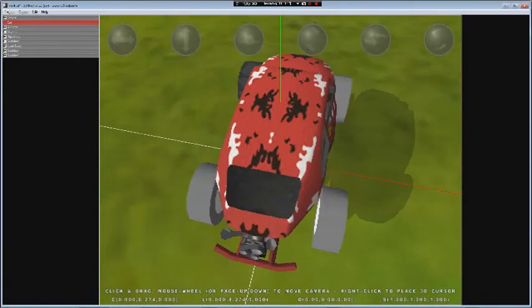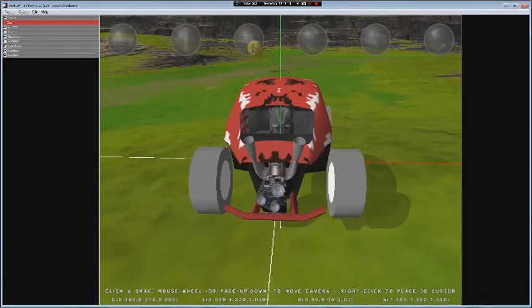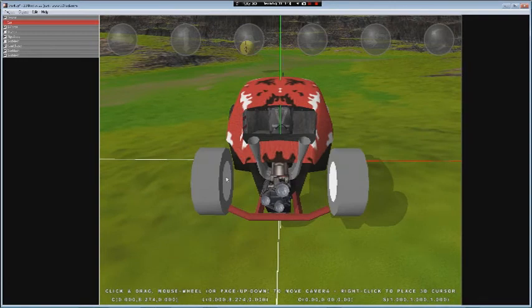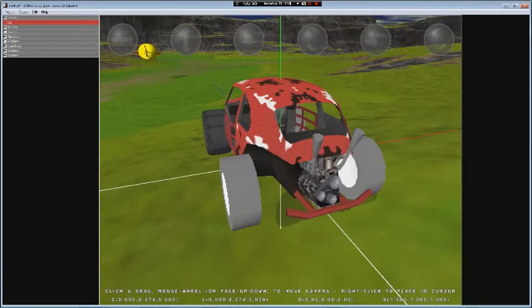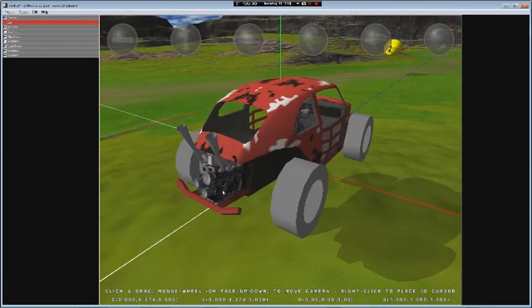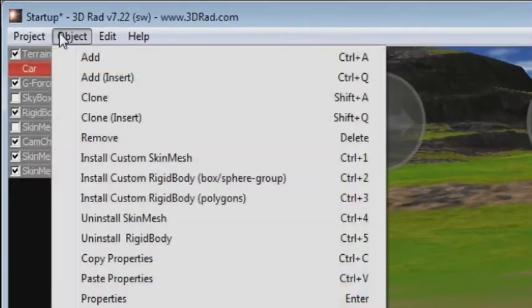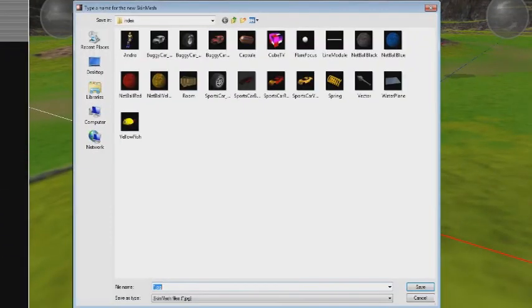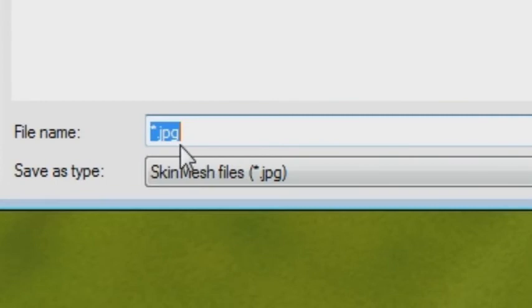Now, if you want to add your own custom content, because in this tutorial I'm not going to go over how to actually create it in an external program, but if you wanted to make your own car body or rigid body skin mesh or whatever, you just go to Object and you do Install Custom Skin Mesh. When you click this, it's going to bring up the same dialog box as the index for the skin meshes, and down here it's going to ask you for a file name. So you can type in whatever you want here. Let's say I want custom